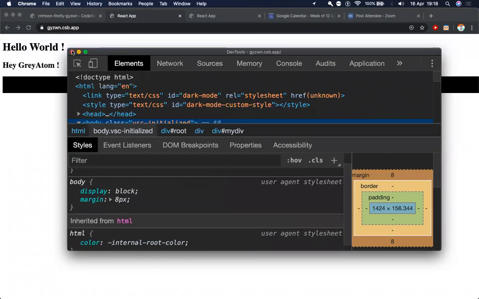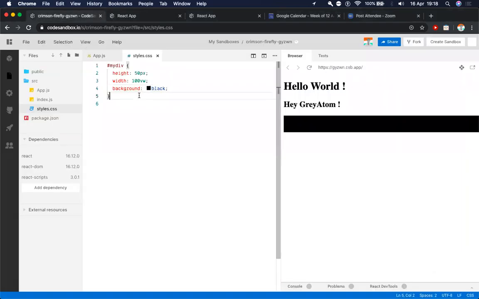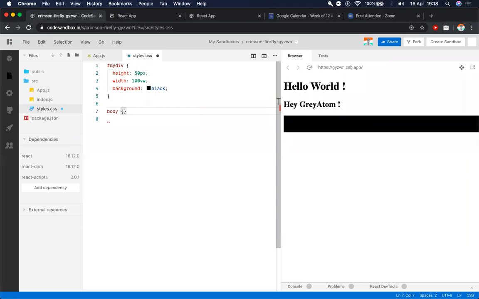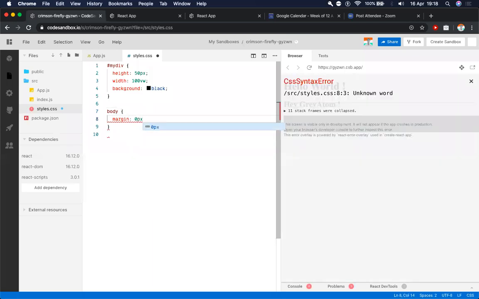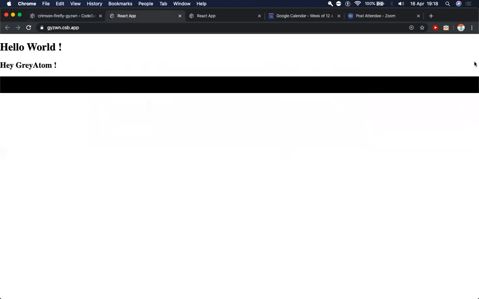So what we need to do is counter that, or we need to reduce that margin, so our elements can appear full width. So what I'll do here right now is I'll just add margin 0 pixels here. So we can see now that our container is taking the full width without a scroll.